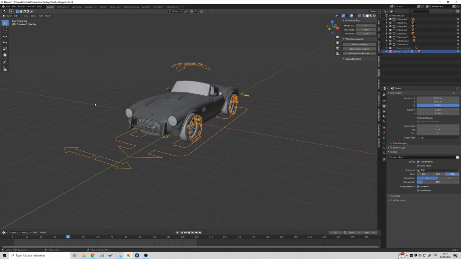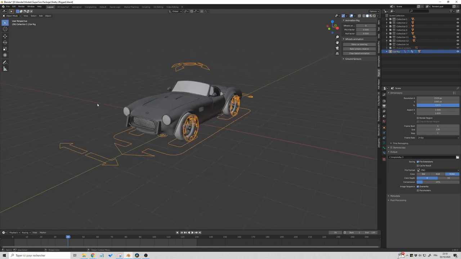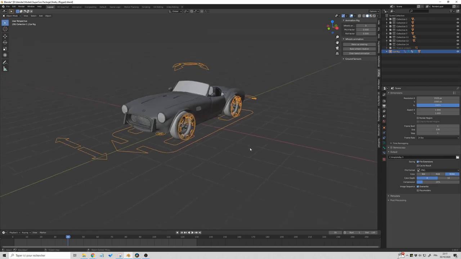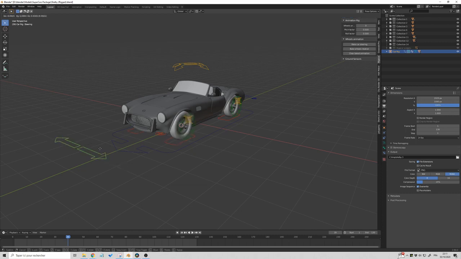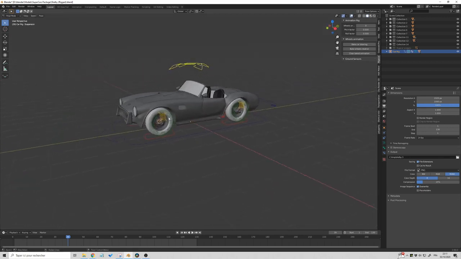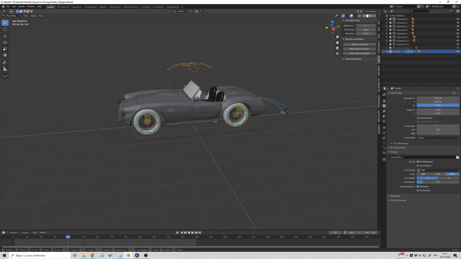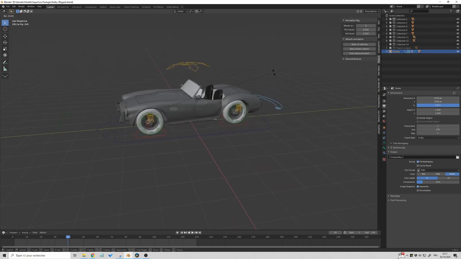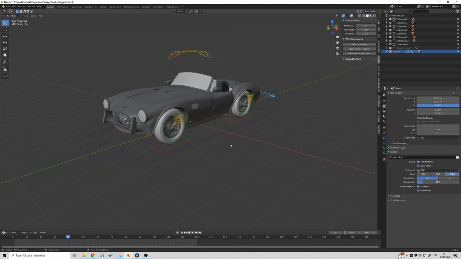And I think this rig is great. First of all, because it's a free rig, of course. And also when I select the rig and I go in pose mode, so you can select here pose mode, as you can see, you can control anything on your car. You can control the steering. You can control the suspension here. And you can control each suspension individually. And of course, you can control the wheels, sorry, and the brakes. And also you can make a drift effect with the car. Okay, let's go back to our model.